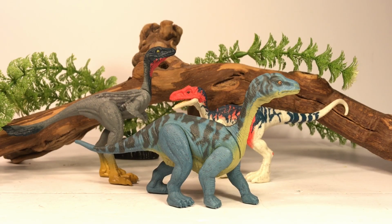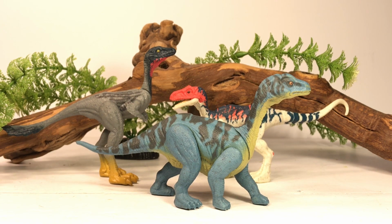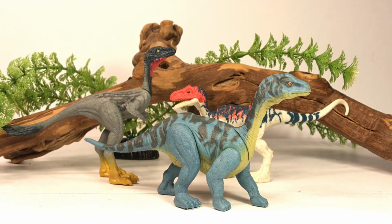Number 5, the Attack Pack Moosehoras. The Attack Pack line has given us a lot of great obscure dinosaur species, especially like this year's Mononychus and Solaris, but this little Moosehoras has definitely become my favorite Attack Pack release so far in the entire line. I love the baby-like proportions on this figure. Up until very recently, Moosehoras was only known from infant skeletal material, and the coolest part about this figure is that it is pretty much a 1-1 scale of those baby skeletons,